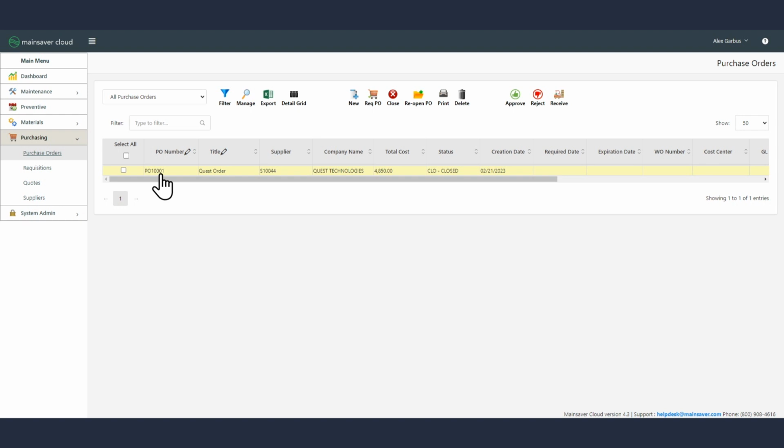Receiving a purchase order in full will assign it a new status. You can configure whether to assign it a fully received or closed status,